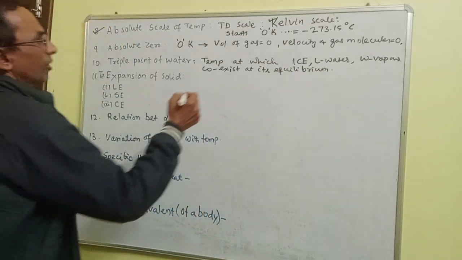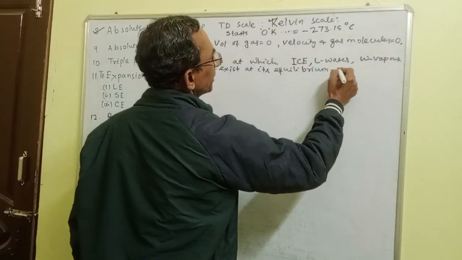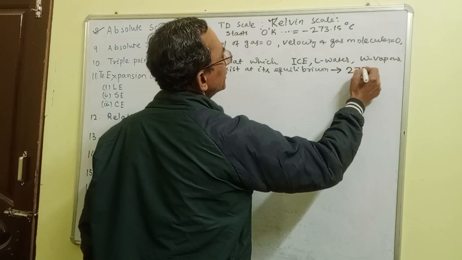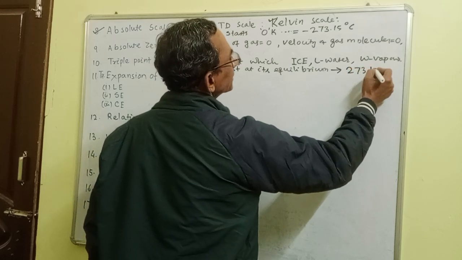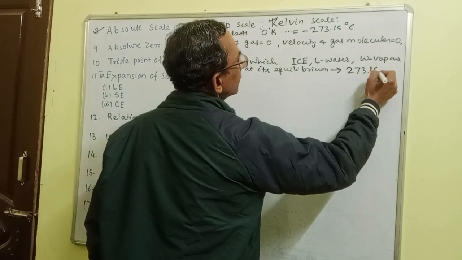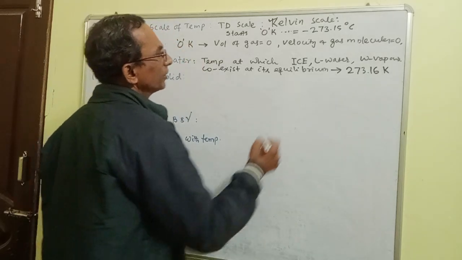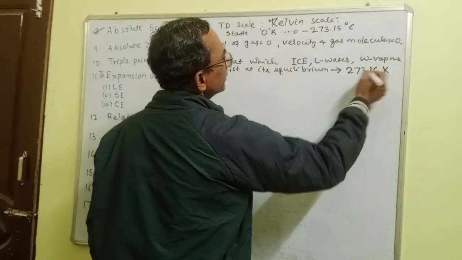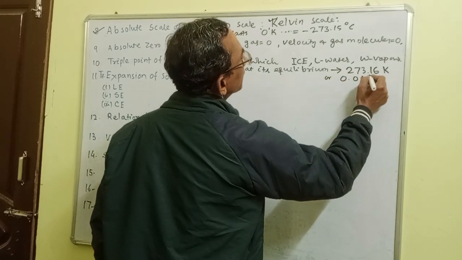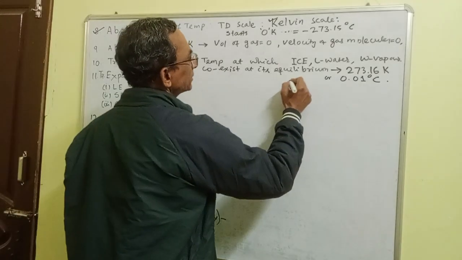Meaning all three will exist at this temperature. This temperature is 273.16 Kelvin or 0.01 degree Celsius,